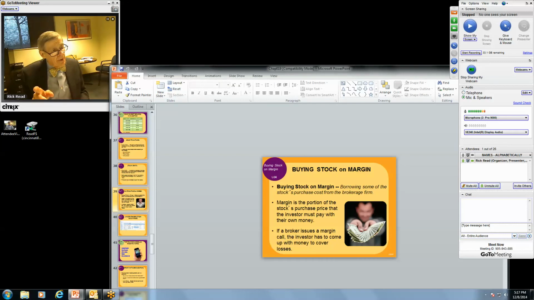Be careful about buying stock on the margin, because what that says is I'm going to put down a certain percent and buy that stock. But when the stockbroker calls the margin, you have to pay. You don't have a choice in that matter. That's like a contract. And so be careful about doing that.